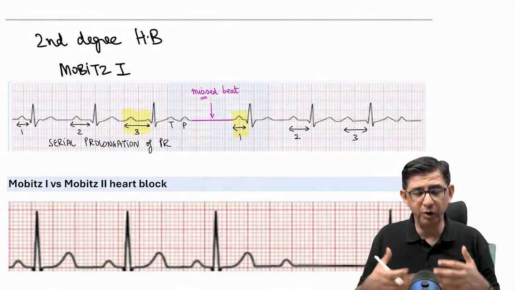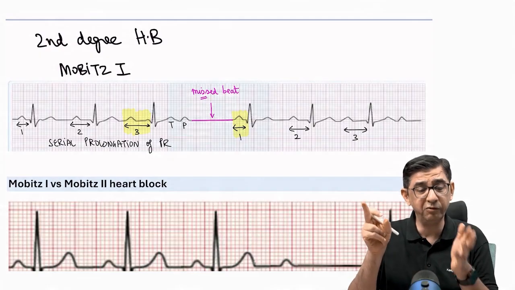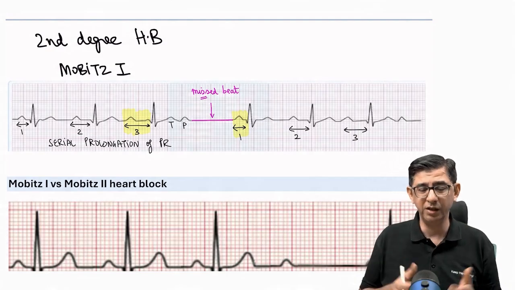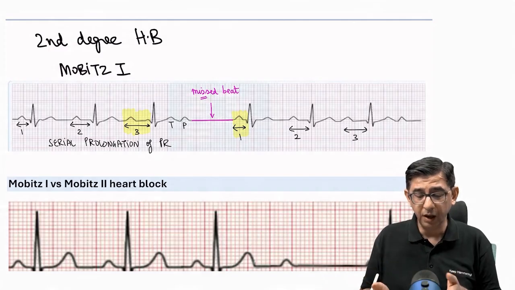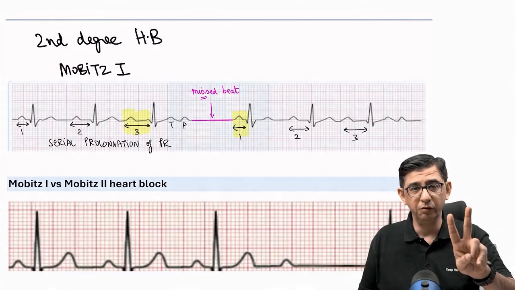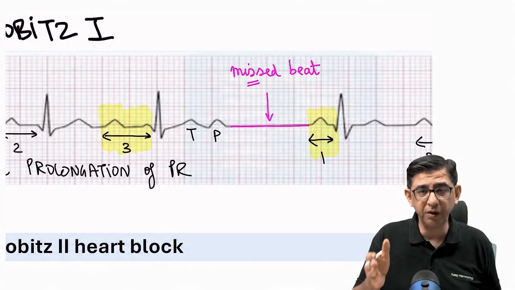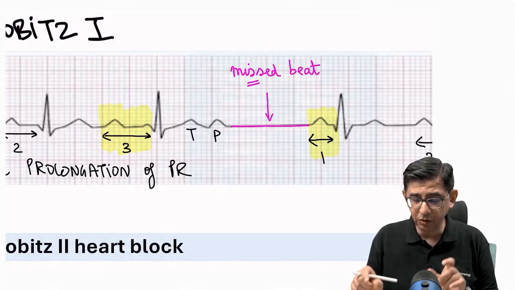So in the exam, when you're sitting in a pressure cooker situation, when you're counting the 4th time, you might forget what the PR interval was the second time. So I'm saying, why get into the hassle of remembering the PR interval 1, 2, 3, 4, 5 times? Rather, just check only 2 times. When to check? By default, this is the rule: first after the missed beat and then before the missed beat,